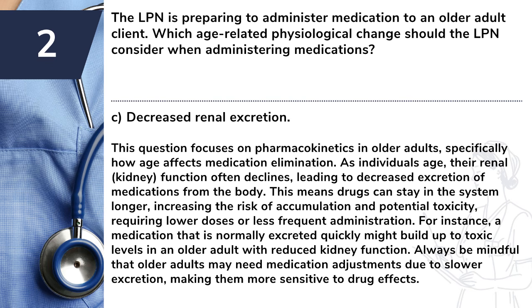Answer: C. Decreased renal excretion. This question focuses on pharmacokinetics in older adults, specifically how age affects medication elimination. As individuals age, their renal, kidney, function often declines, leading to decreased excretion of medications from the body. This means drugs can stay in the system longer, increasing the risk of accumulation and potential toxicity, requiring lower doses